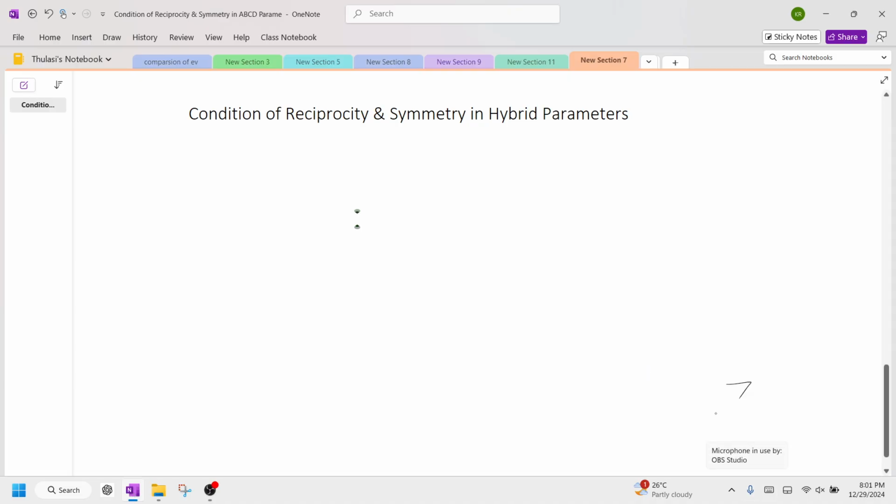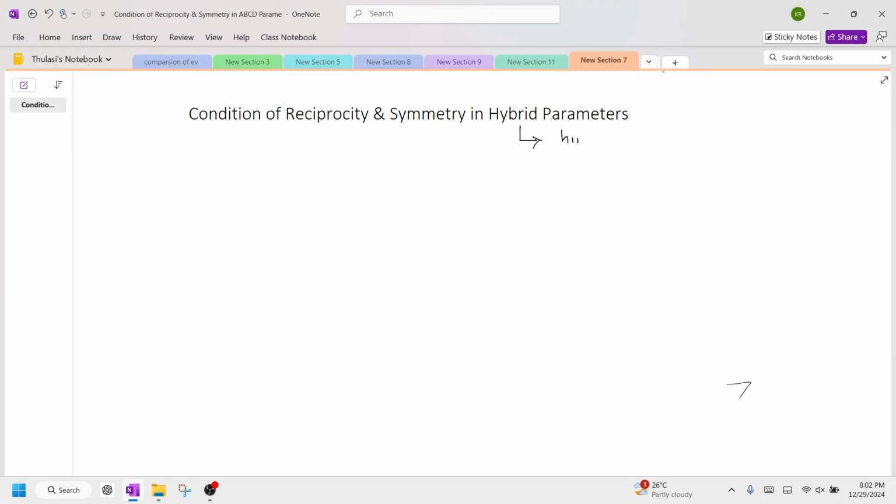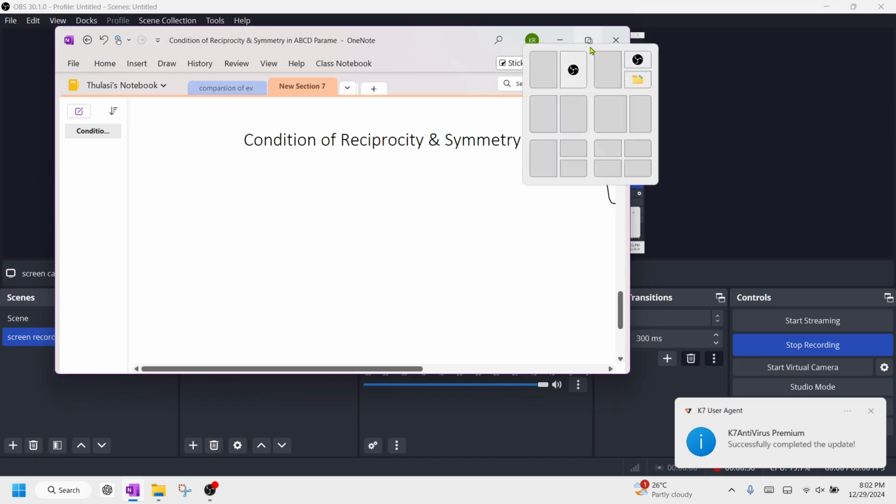Today we are going to discuss the condition for symmetry and reciprocity in hybrid parameters. It's called H parameters. So coming to the condition, what is the condition? H parameters are nothing but H11, H12, H21 as well as H22. These are the H parameters of our equation. So how to write down these H parameters is nothing but,